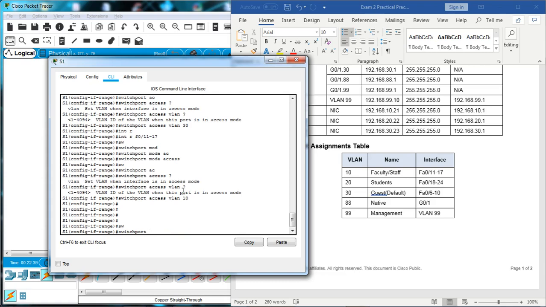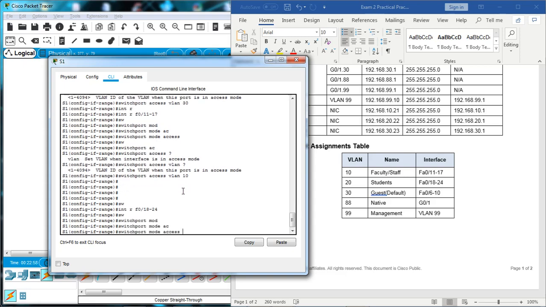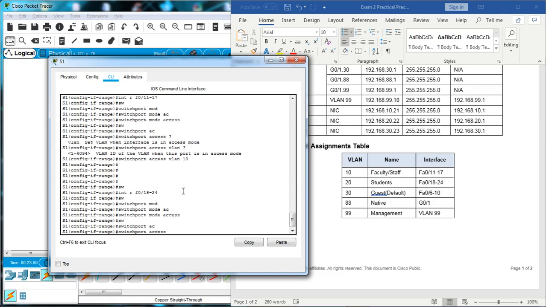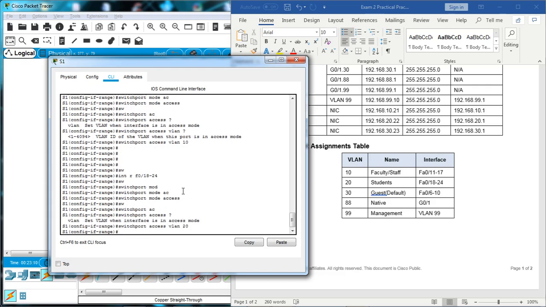Switch port mode. Okay, now let's jump into our other interface, which is F0/18 to 24. And I forgot the range. You can always press Ctrl A to jump back to the front. It's an extra tip, you don't really need to remember that. We want to be in access mode, and then switch port access VLAN, and then 20. Okay, so now that we did that,